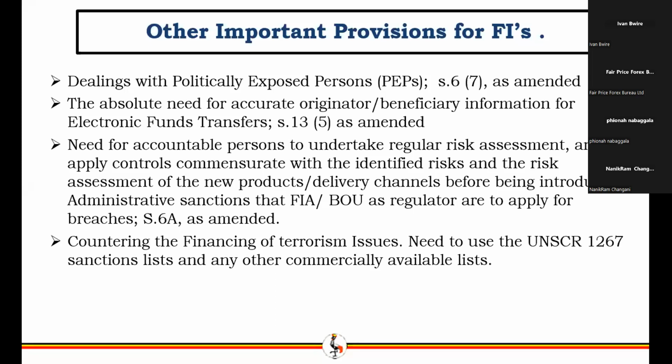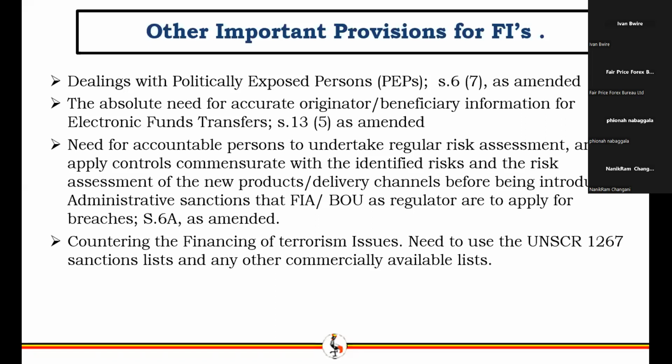Then you assess the geographical location. Is our Forex Bureau scattered? Do we have a branch at the border? Because borders are high risk because of the ease of movement of money to other countries, the porous borders. Does the Forex Bureau have different branches? We talked of layering. If it has different branches, then there's a likelihood that the criminal can structure money through different branches to avoid tracking the audit trail. So if your Forex Bureau is scattered, then it's high risk. If it's not, it's low risk. If it has a branch at the border, it's high risk. If it's not, then it's low risk.